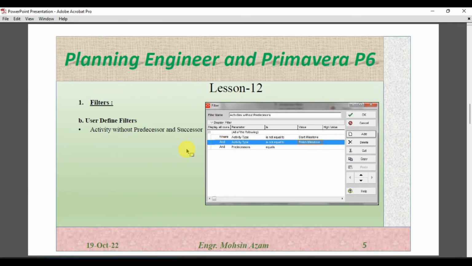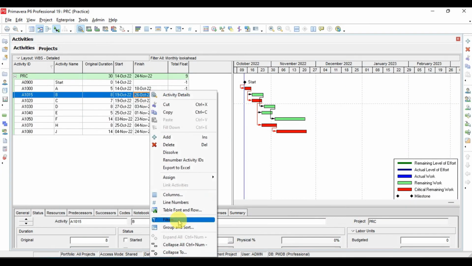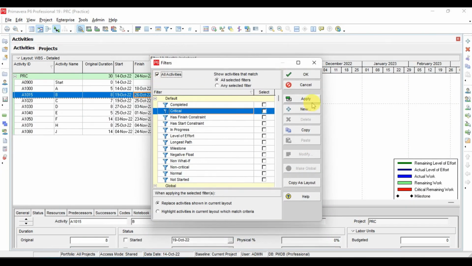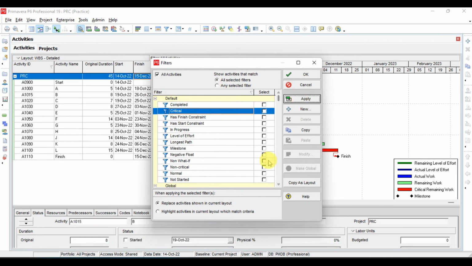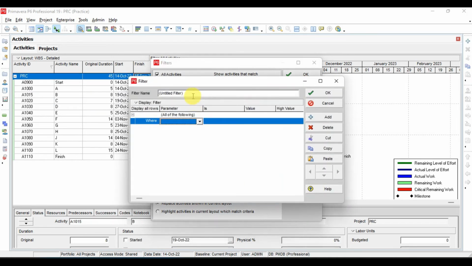If you want to check your schedule, whether you have activities for which you don't have the successor or predecessor, this is important in the schedule. You should have a predecessor and successor for all the activities except the start milestone and finish milestone. So now we will go to filters, click here all the activities, and click apply. Now I will click new, and here I will write the name as predecessor, so PRE and